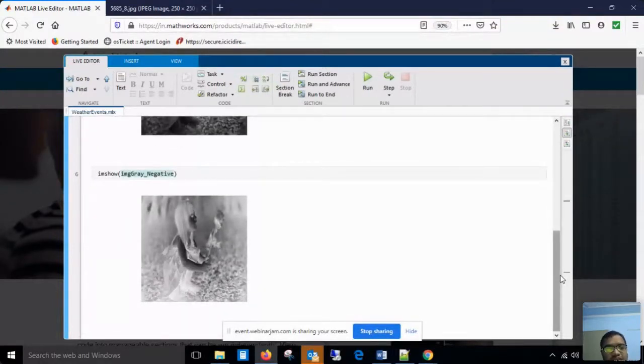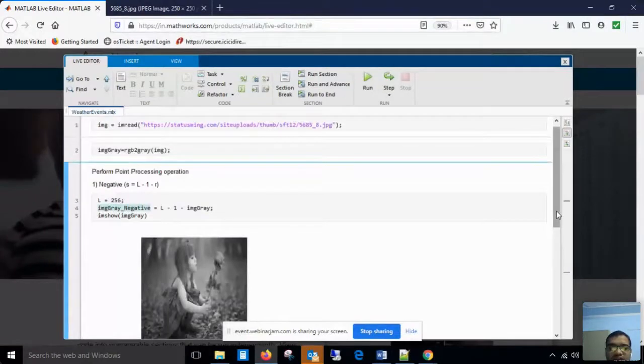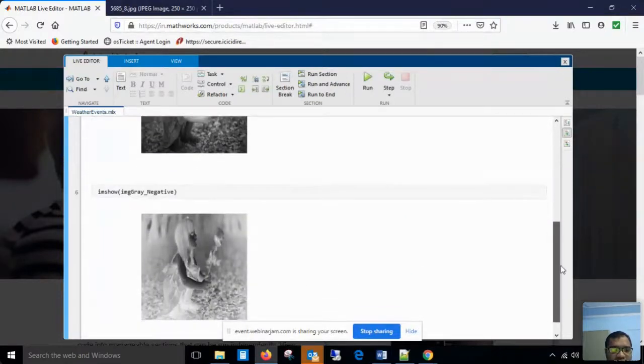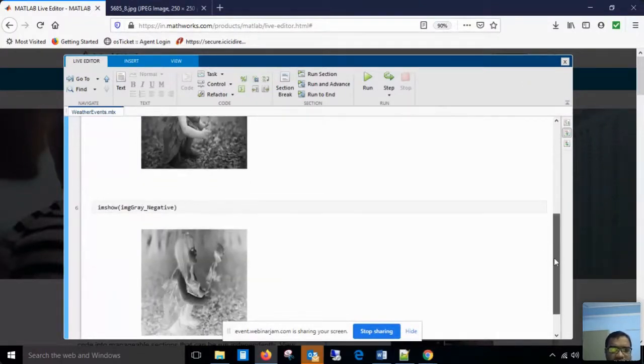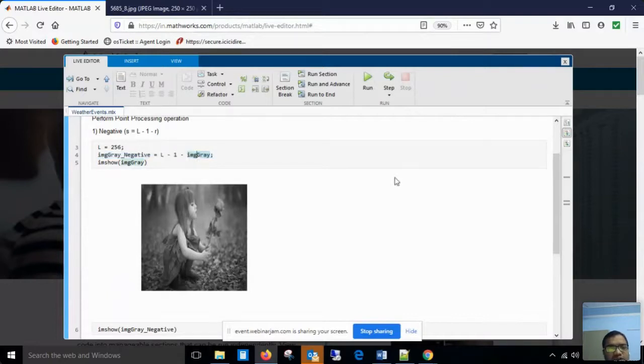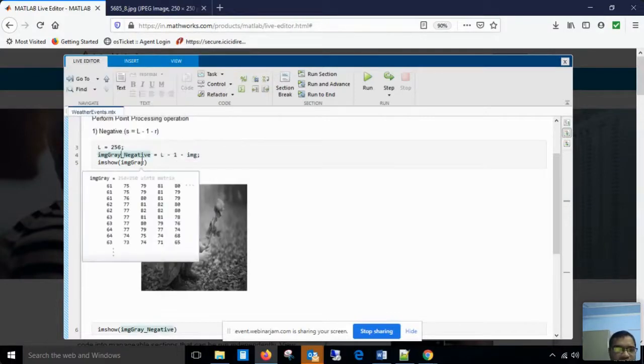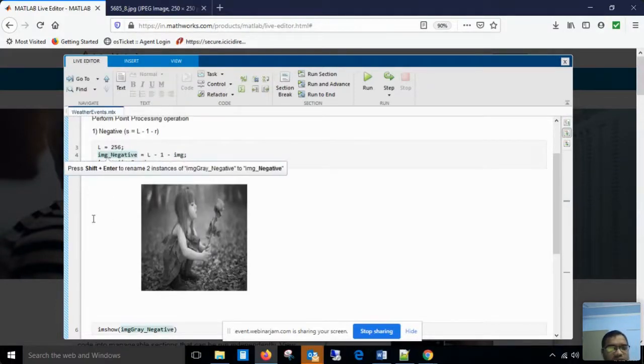As per the formulation given, s = L - 1 - r. So r is replaced by the original matrix and s is replaced by the new matrix that represents the negative. For every pixel, this formulation is being executed internally and it is shown as the matrix. You can very easily see the negative, like you might have seen in older cameras, where there were negative films. It was something like that. Now I change this to the colored image. Instead of the grayscale value, I want to execute it for the colored image. So what happens in the case of a colored image, that we also see.